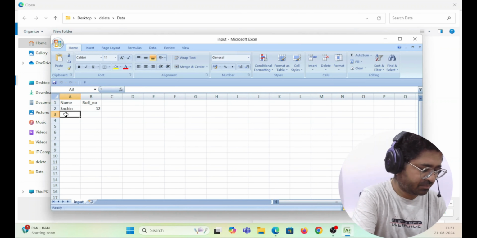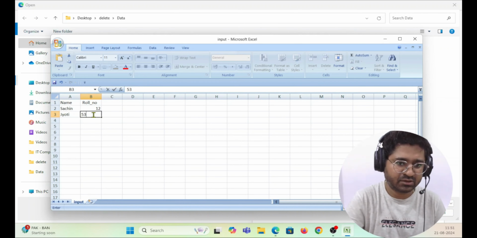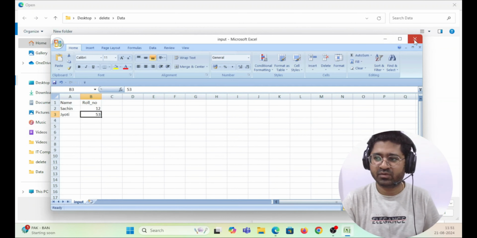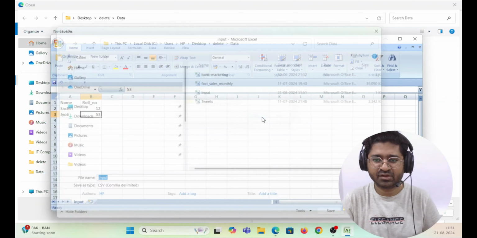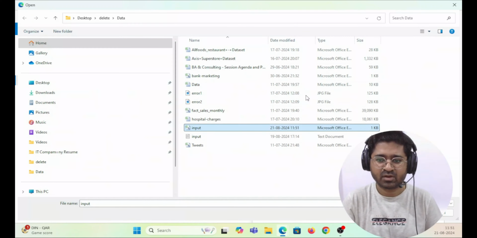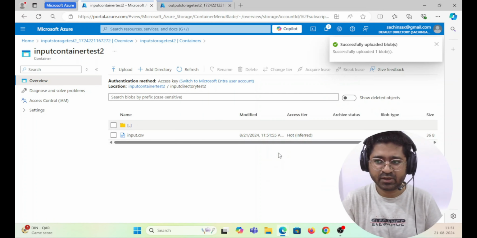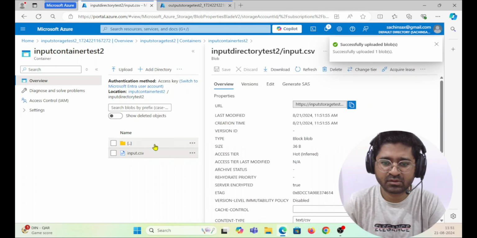So let's keep another name, for example Jyoti, and this roll number is 53. So I'm going to now save, close, save, input data set. All right, now I'm going to select, open this file, upload here, and open this file to see